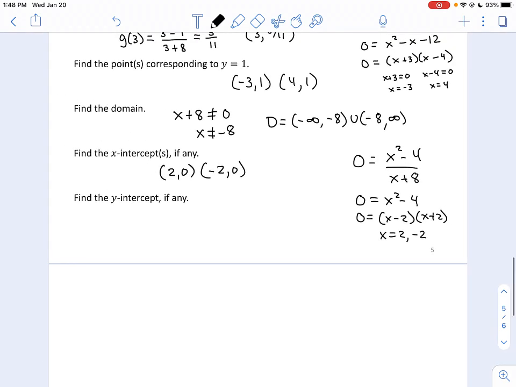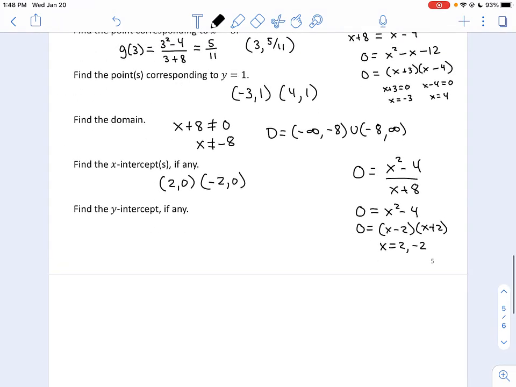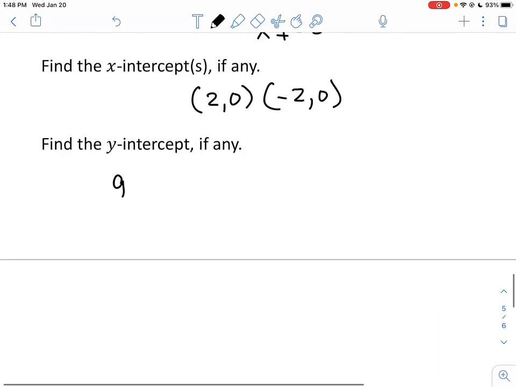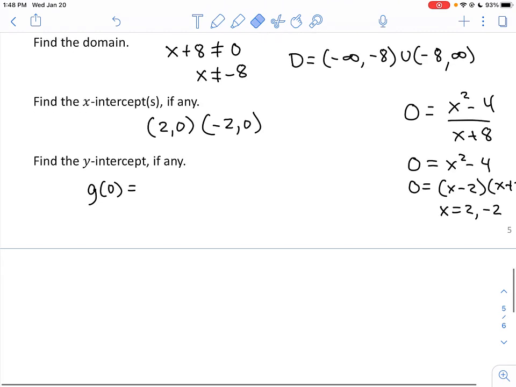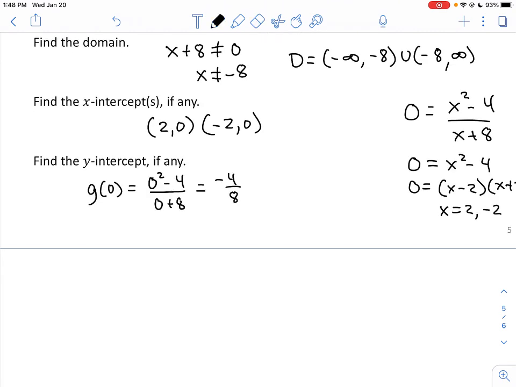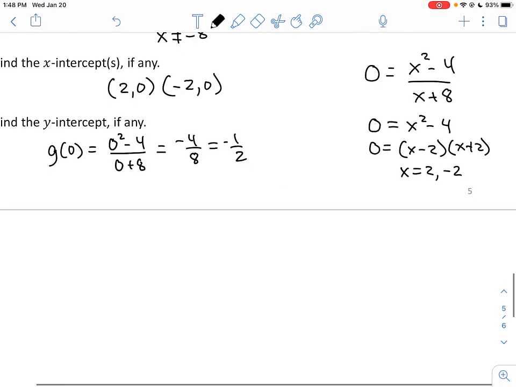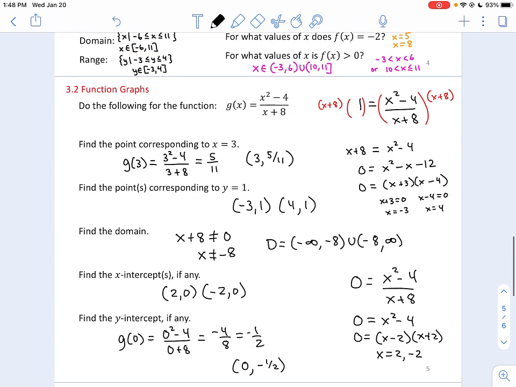And then the y-intercept. The y-intercept is found by plugging in 0 for x. So if you want to find the y-intercept, just do g of 0. So we get 0 squared minus 4 over 0 plus 8. That gives me negative 4 over 8, which is negative 1/2. So the y-intercept is 0, negative 1/2. All right, and that wraps up